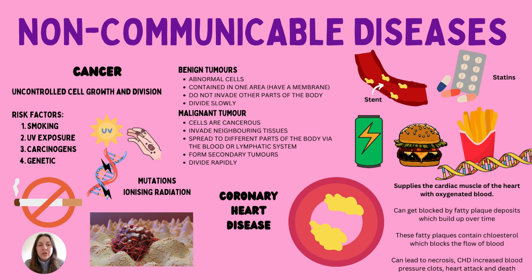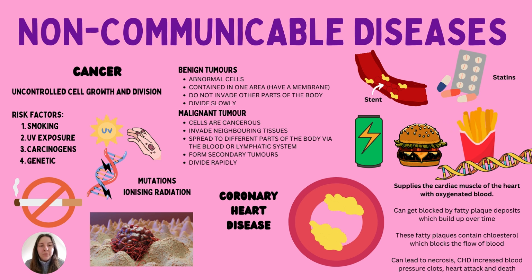Malignant cells, which are cancerous, actually do invade other parts of the body, and they can spread to other parts of the body by the blood or lymphatic system. They can form secondary tumors and divide rapidly. Cancer risks include smoking, UV exposure, carcinogens, and genetics, and other ionizing forms of radiation such as gamma, beta, or